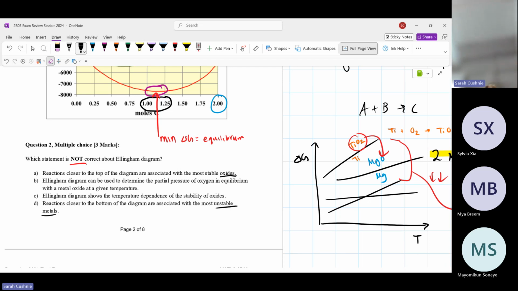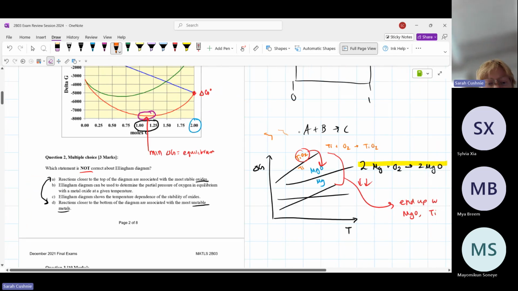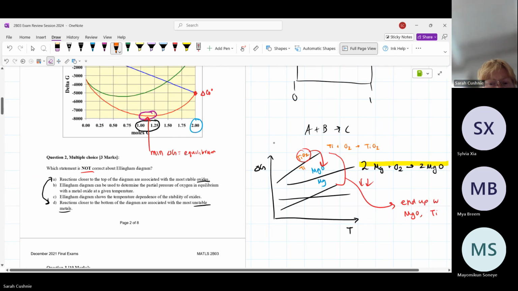The reason I went through those so quickly is that before we start talking about anything, we can immediately recognize A and D are complete opposites, right? So if we have stable oxides at the top, that means that we should have